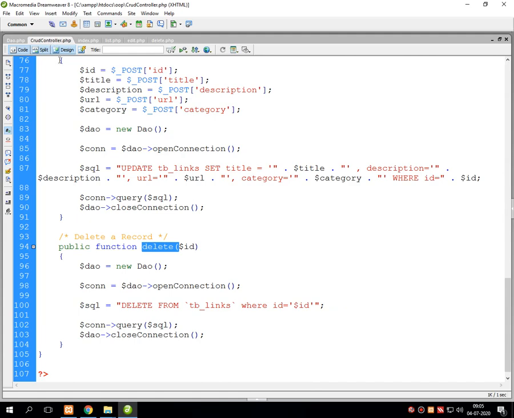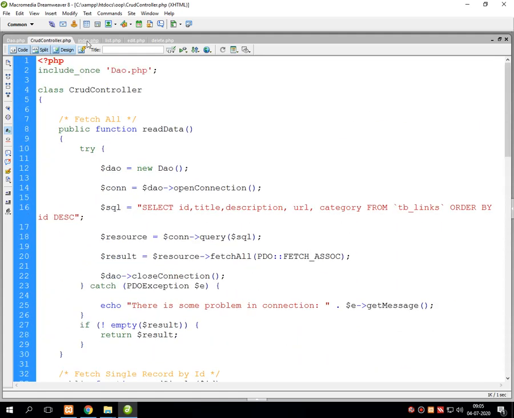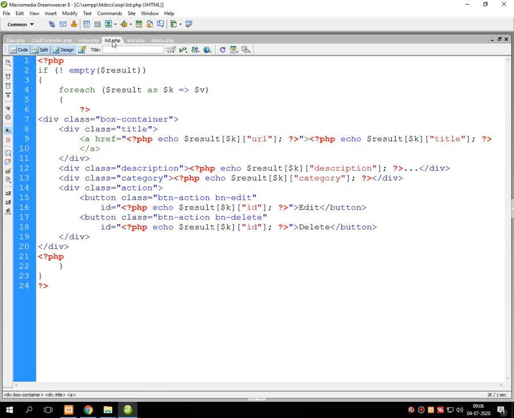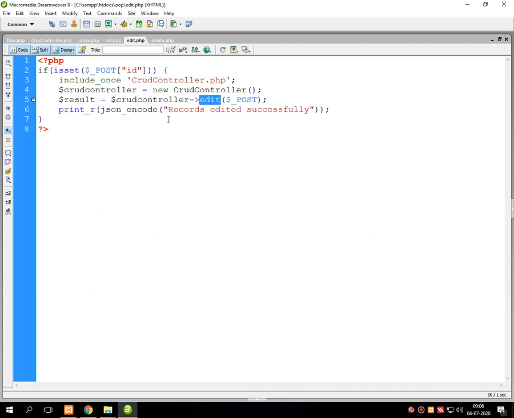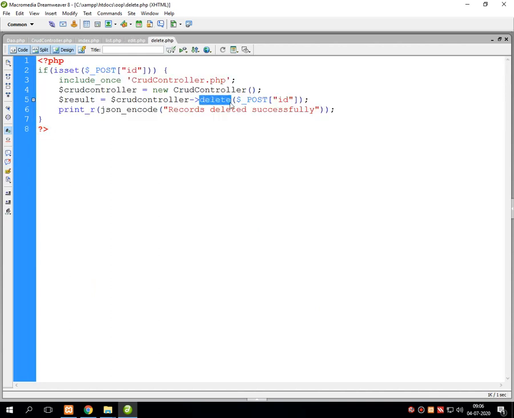Then write the crud controller.php file. Then write the index.php file. Then go for list.php, which will display the data. Edit.php calls the edit function for modifying the data. Then go for the delete function, which removes the data permanently from the database table.